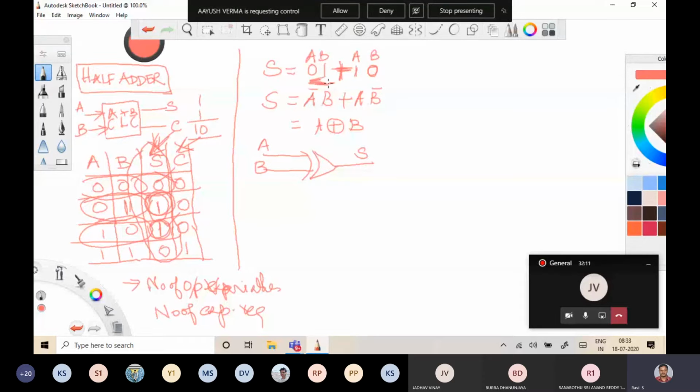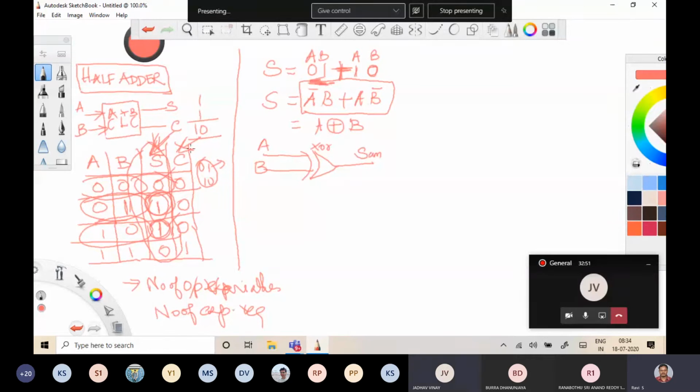Now this A bar B plus A, B bar is the expression for the exclusive OR gate. So what it says is, the exclusive OR gate will generate the output whenever different inputs come, 0, 1 and 1, 0. The exclusive OR will tell you the logic as true. Yes, sir. So that is the reason. If you pass AB into one exclusive OR gate, the resultant of the exclusive OR gate is nothing but the sum of your addition. So whatever is generated by exclusive OR is considered as sum.